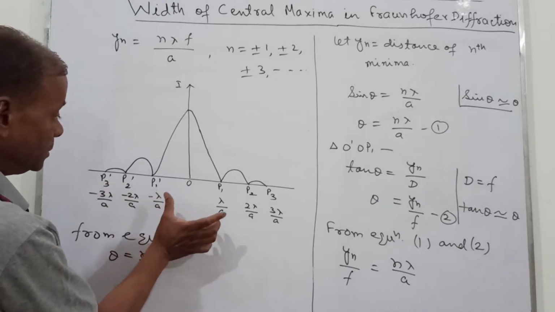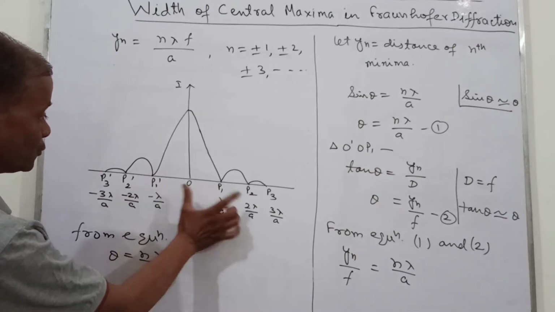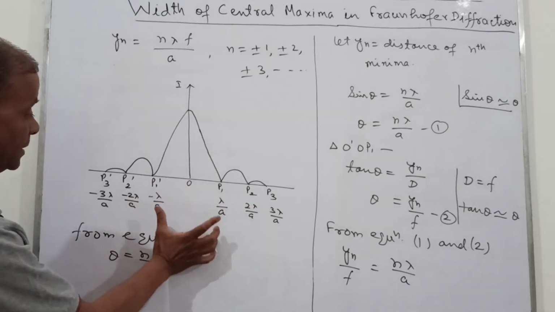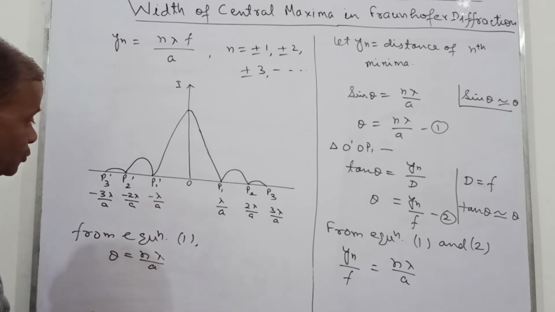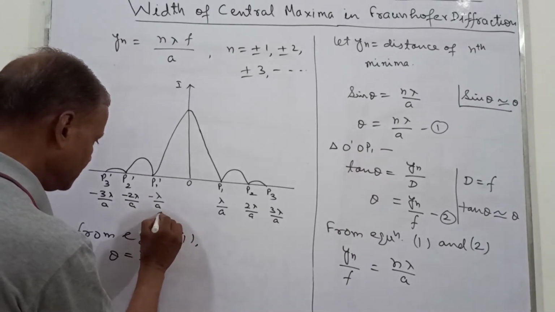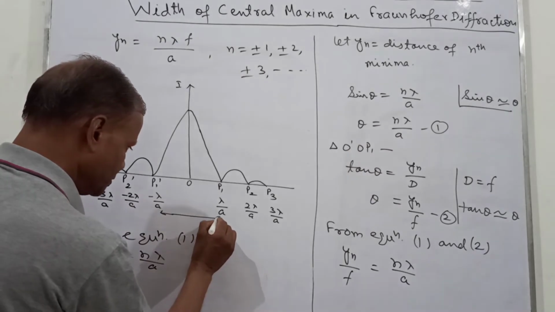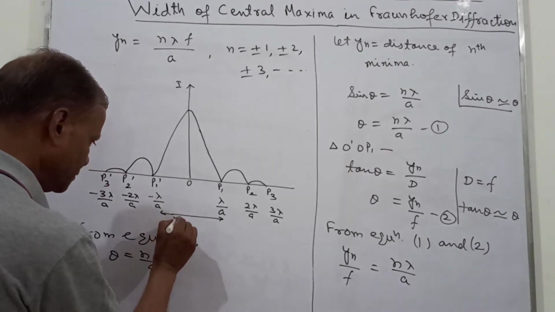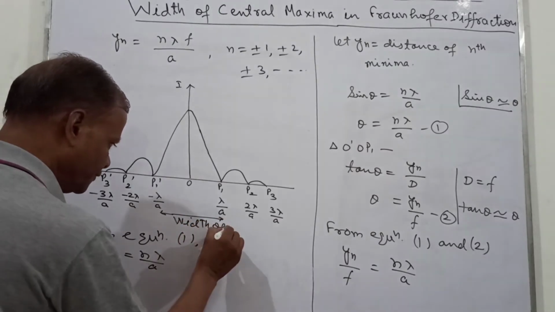So the distance between the first minimum on both sides of this central point is the width of this central maximum. So this much is the width. This is not the width. This much. This is not the width. Width of